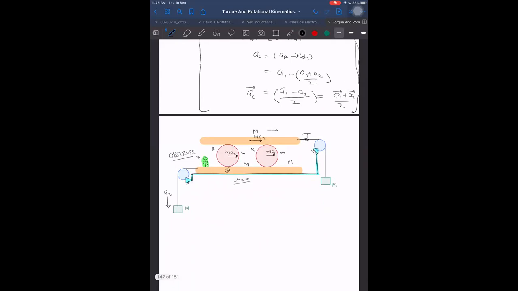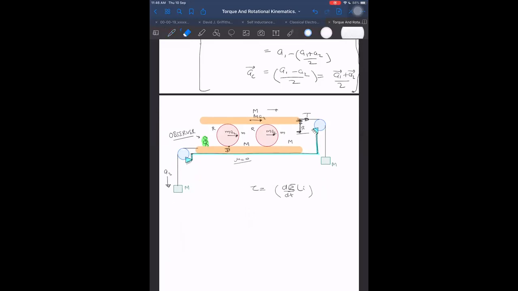Then what is the torque equation now? Torque equation will become T into R. If I assume that this thickness is negligible, it is just a thin plank, then T into R can be taken as the torque. And torque is equal to sigma... What should I write for torque now? Rate of change of angular momentum. I should write dL by dt, d sigma Li by dt net. Can I write tau equal to I alpha? I cannot write that because it is not a single rigid body, but I can still write this equation. That will still be valid.